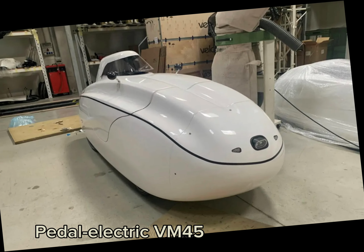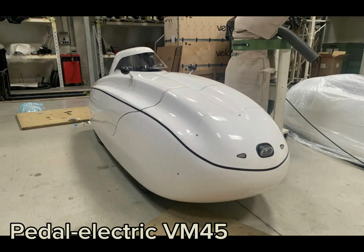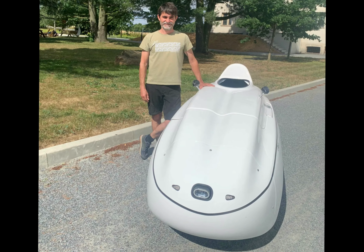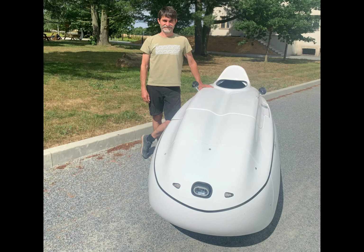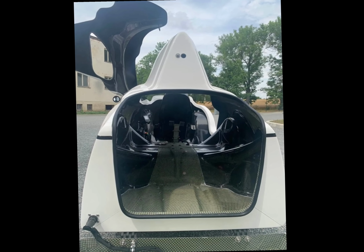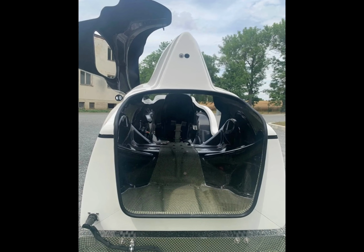Pedal electric VM45 velomobile lets riders cruise at almost 30 mph. Although cargo ebikes are often referred to as replacements for cars, they usually can't match an automobile's urban cruising speed. Among other things, the VM45 four-wheeled velomobile comes very close, however, with a top electric assist speed of 45 km/h,